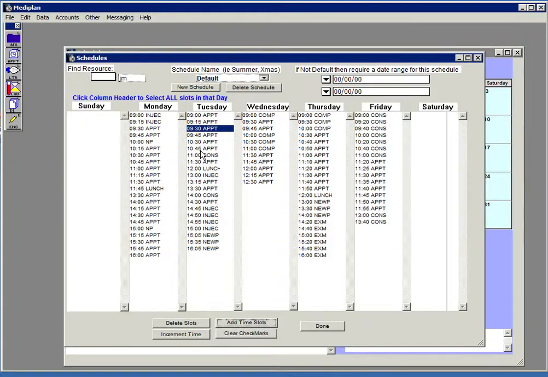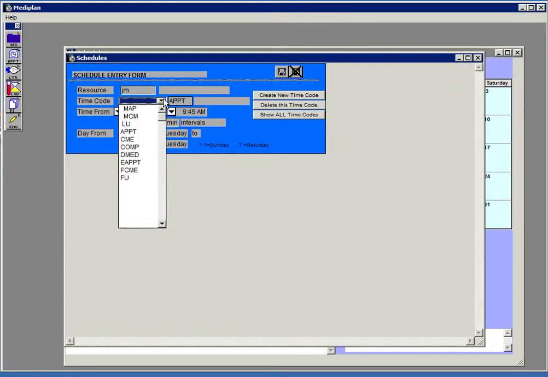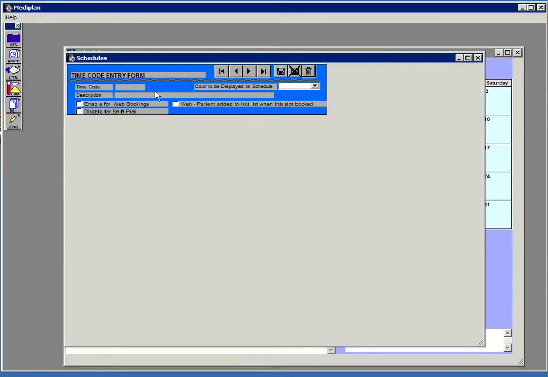Now, you do not want 2 different type of appointments at the exact same time. For example, if you wanted to also have an injection at 9 o'clock and 9:30, you would want to put them at 9:01 and 9:31 so it doesn't conflict. So by going add time slots, and I want to add an injection, and you can see injection is no longer in my list, so I can add that by going create new time code, putting an injection, giving it a detail,